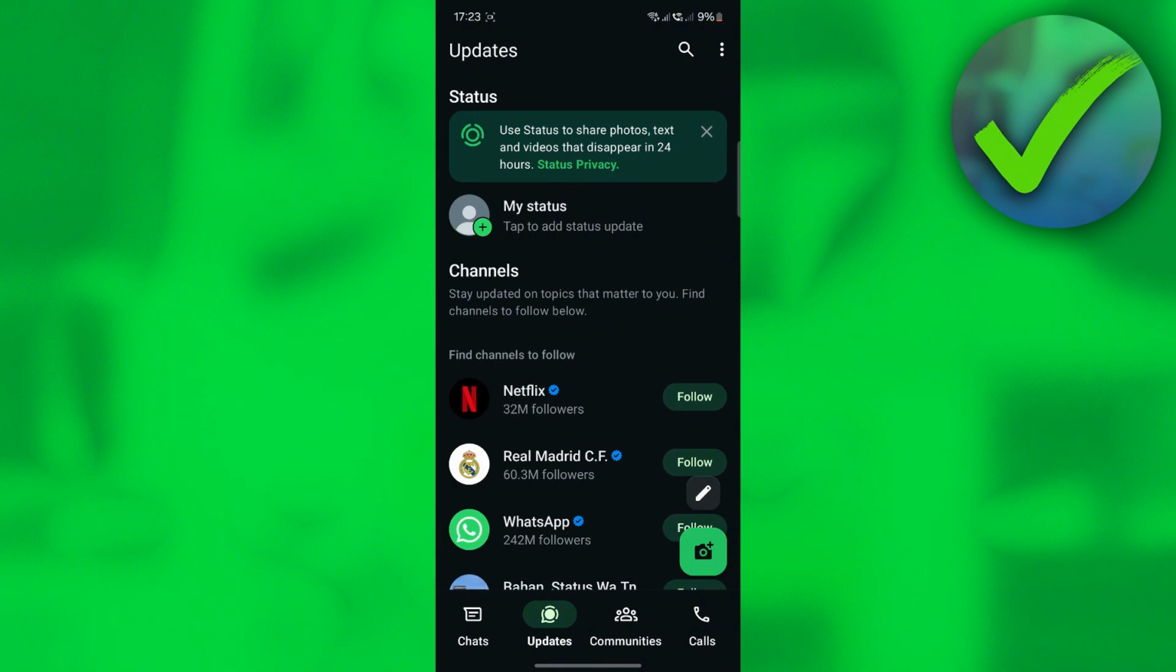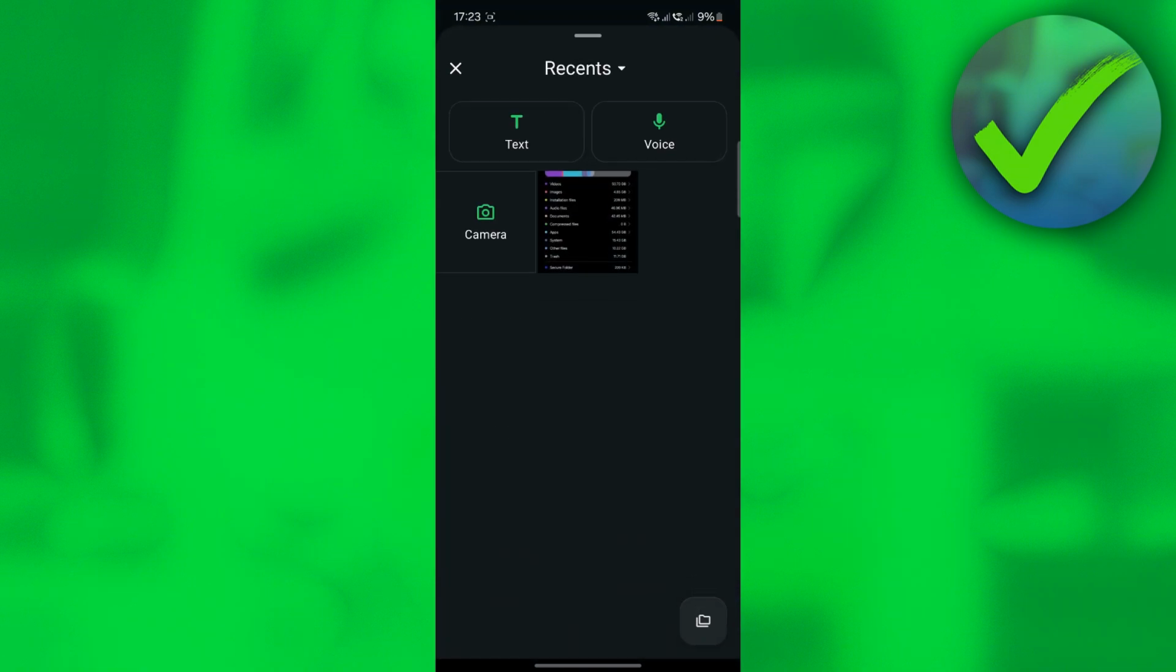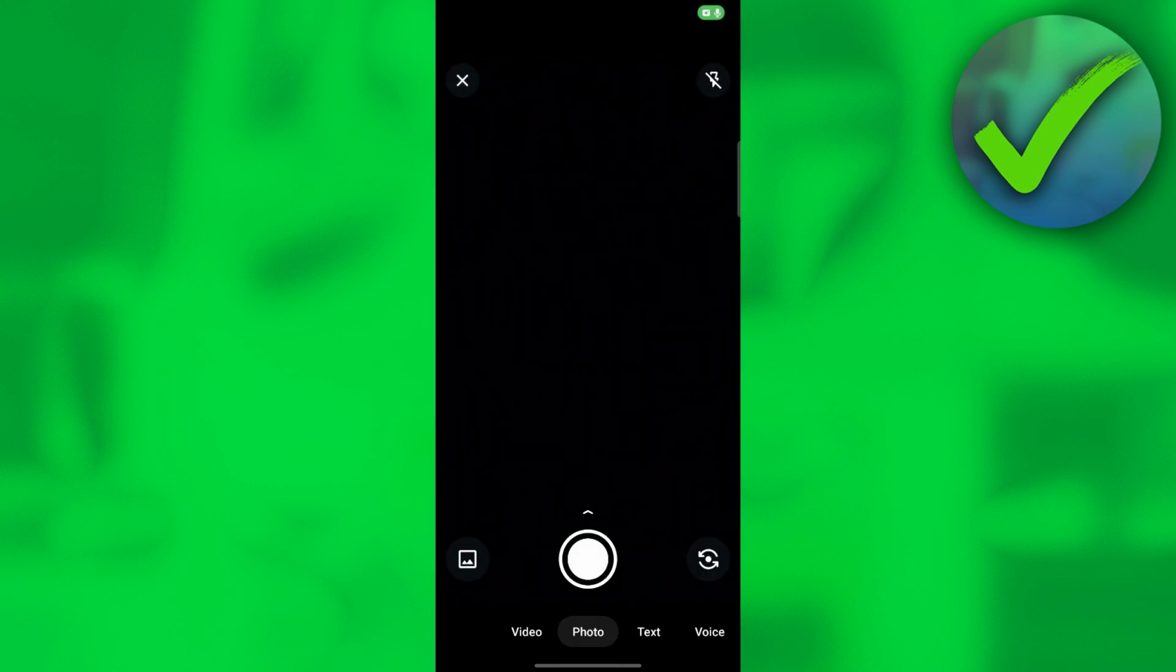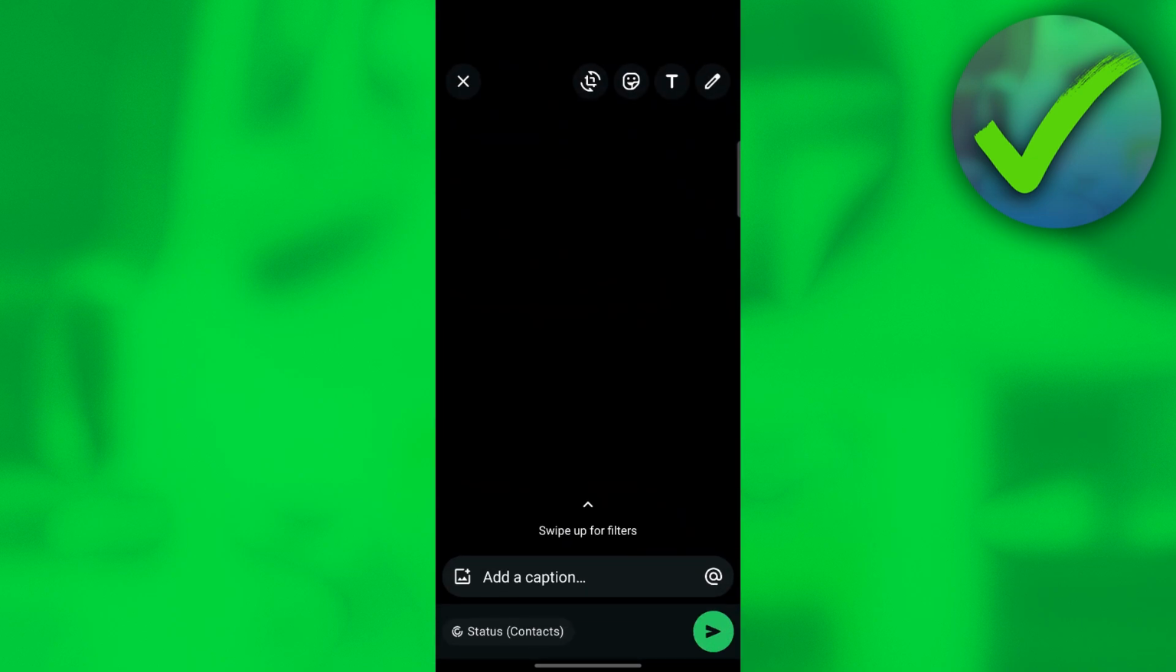So all you have to do is to click that and then just choose the photo that you want to upload, or you can just take a photo right here. So let's do that. And once we are now here, on this part, you should be able to see a note icon wherein you